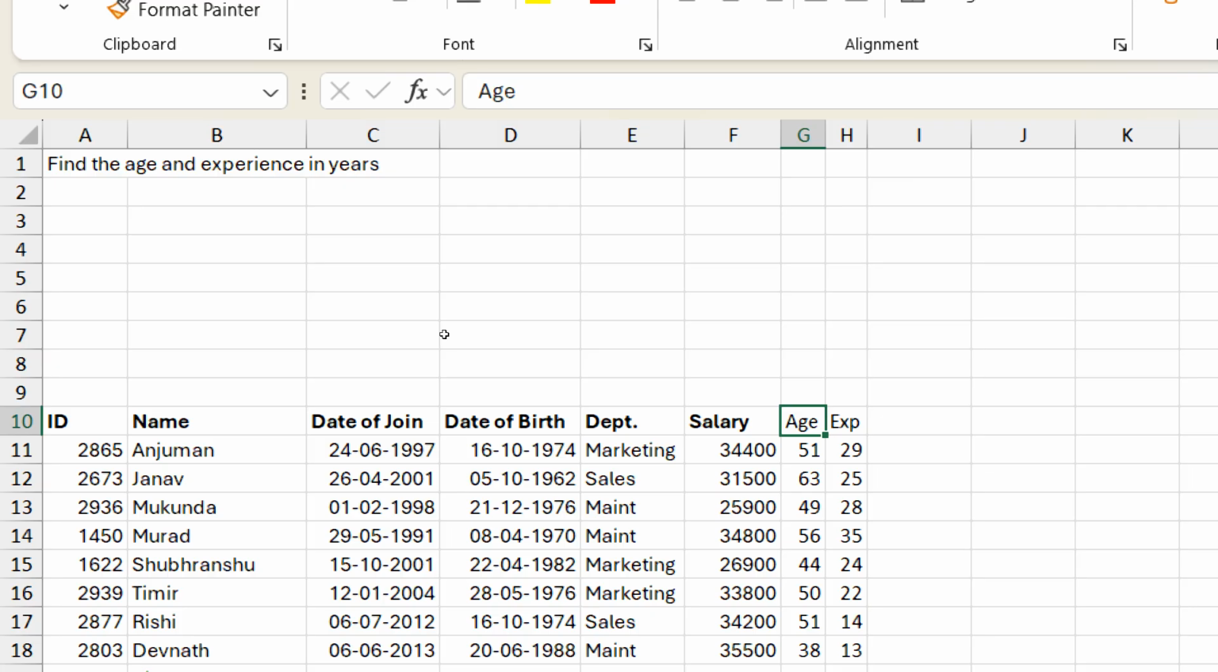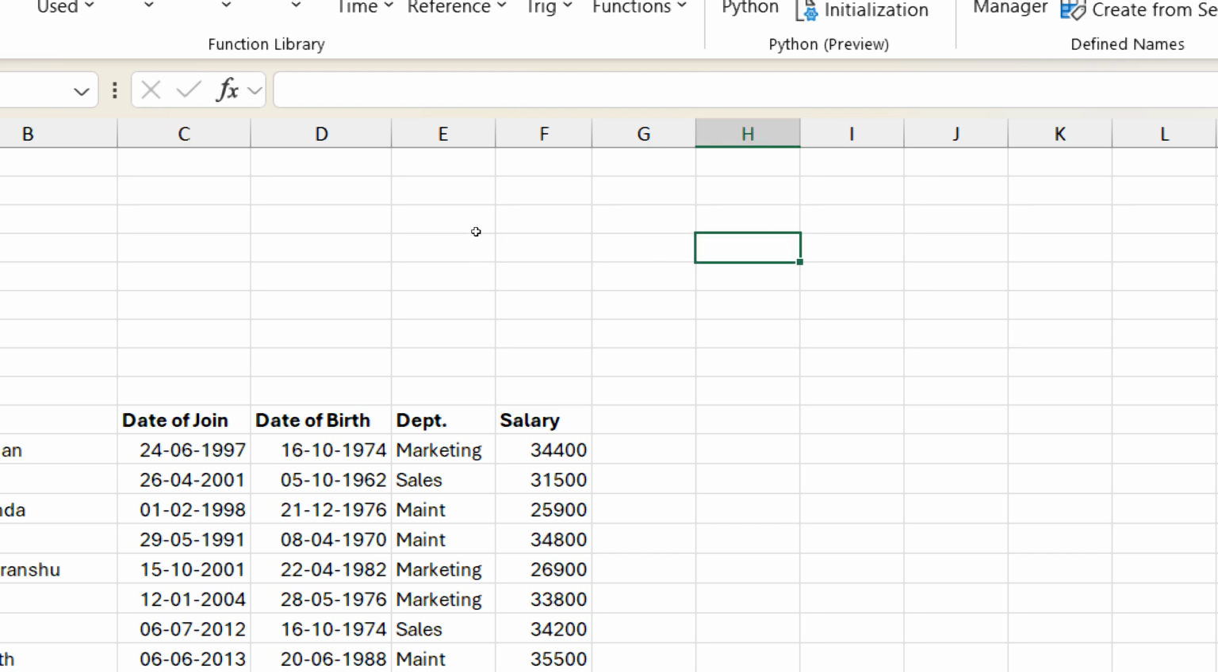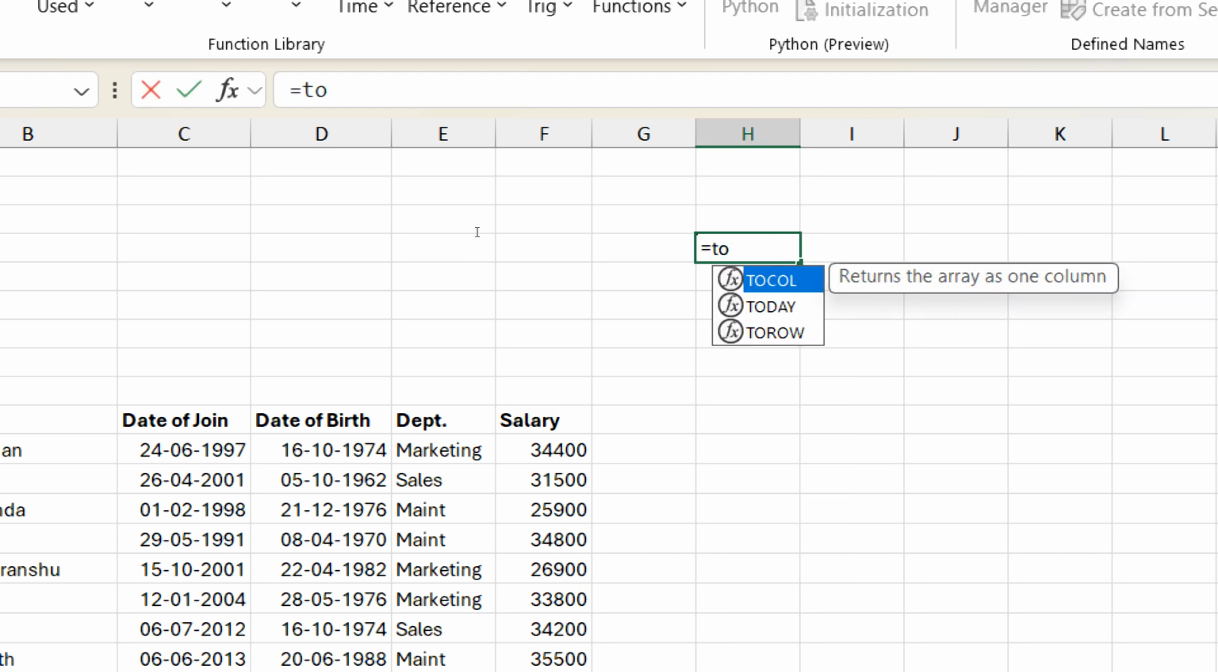Experience. Okay. How to do this? In any one of the cells somewhere else, equal to today, open bracket, close bracket. Somewhere else I am typing today. First let me find out the age. Equal to